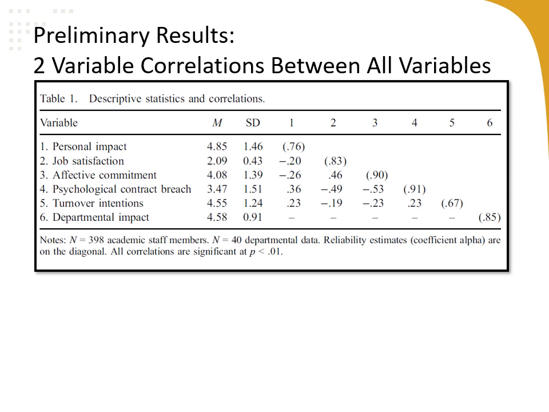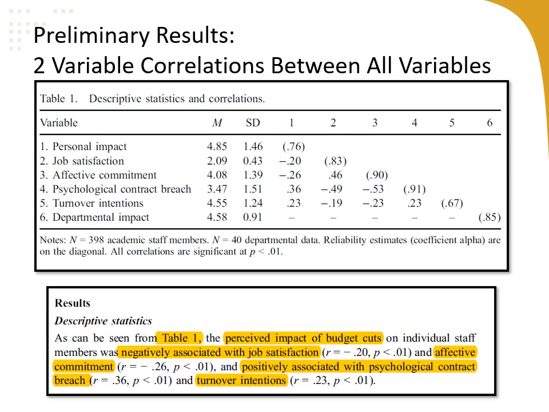So here's that correlation table. Here is where the results of the correlation are described in the results section. So you can see here, as seen in table 1, bam, there's table 1. The perceived impact of budget cuts, so that is on individual staff members, right? That's this, was negatively associated with job satisfaction and affective commitment, and positively associated, right, not negative, with psychological contract